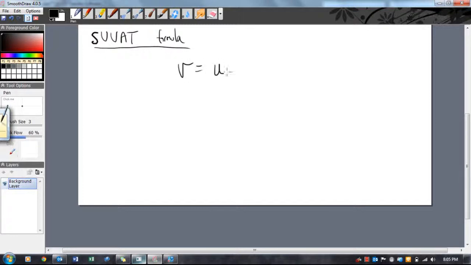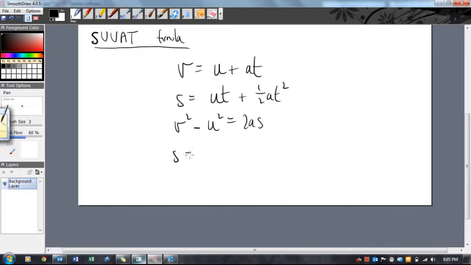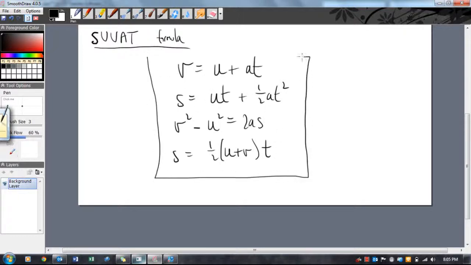We've got v equals u plus at. We've got s equals ut plus half at squared. We've got v squared minus u squared equals 2as. And finally s equals half (u plus v) t. They're the four formulas that we can use for any situation, as long as, and I'll put a big asterisk here,